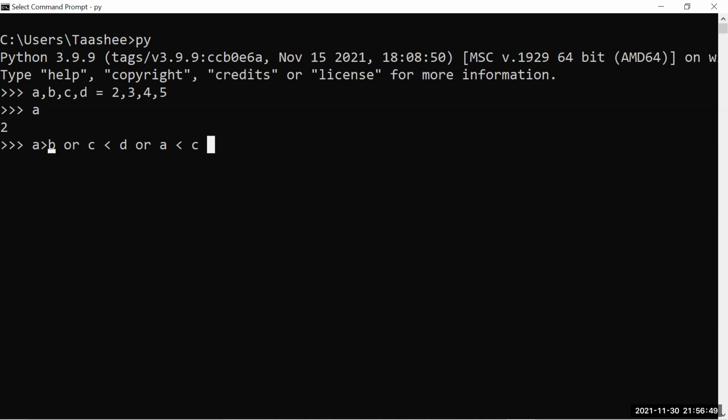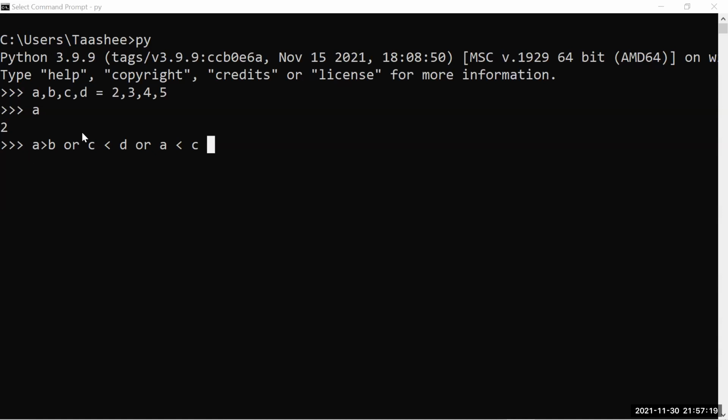A is greater than B, or else C is less than D, or else A is less than C. So there are three different conditions we need to check, and we are connecting them with or. So either of these three different conditions, we are checking which part is correct.